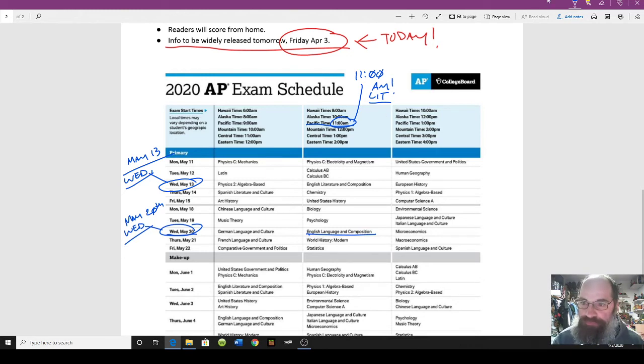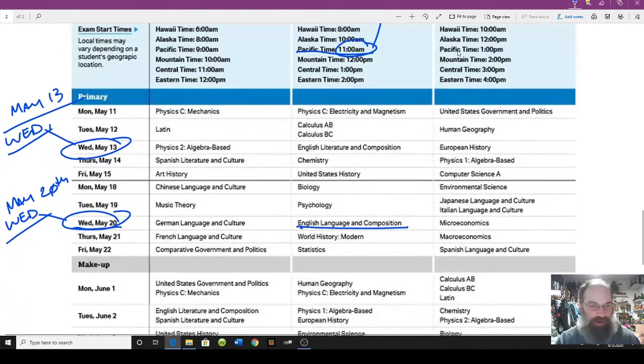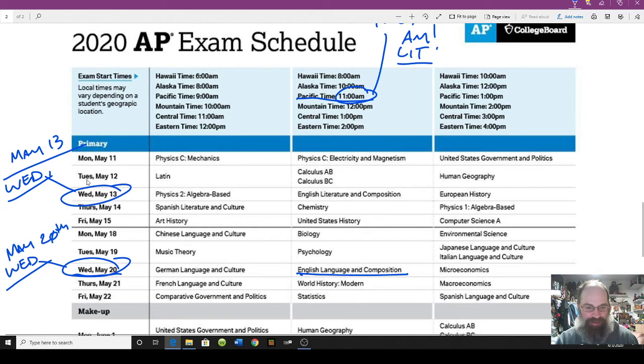All right, so can I make this bigger? I can make it much bigger. All right, so anyway, 11 a.m. Pacific time, Wednesday, May 13th. AP Lit kids, say it with me. My butt wakes up at 11 a.m. on Wednesday, May 13th to take this test. I'm not going to say a bad word on a district YouTube video because that would just be wrong. But you know what word I would use. So repeat after me. I will get up by 11 a.m. to take this test.